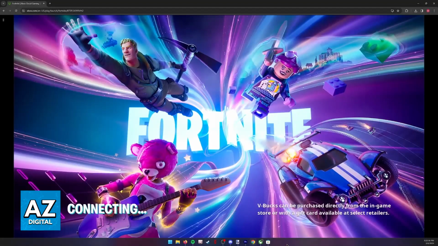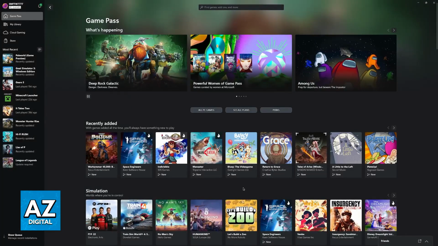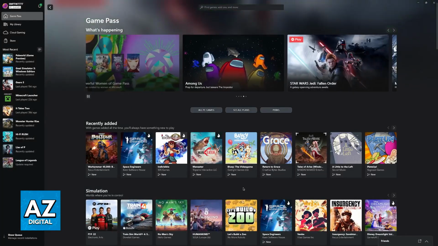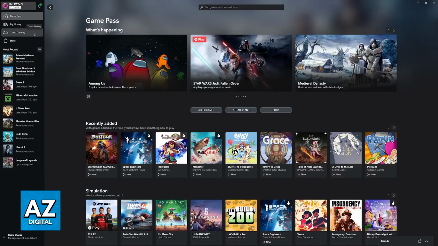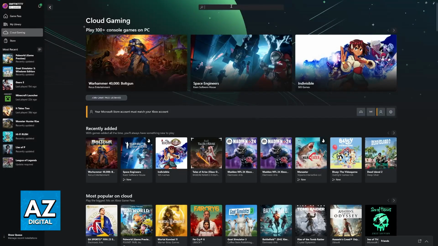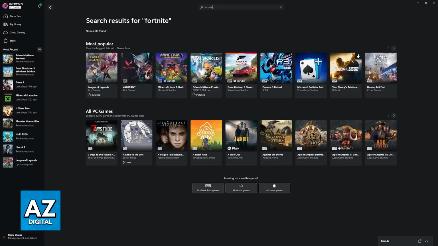Alternatively, if you notice that the web browser doesn't work, move on to the second step, which is trying out the Xbox application. So look for the Xbox app on your PC. You will be able to click on your name at the top left corner of the screen and then choose the option to sign in, where you have to go into cloud gaming. This is where you can use the service just like you would through a web browser. So all of the games are also going to be available here.